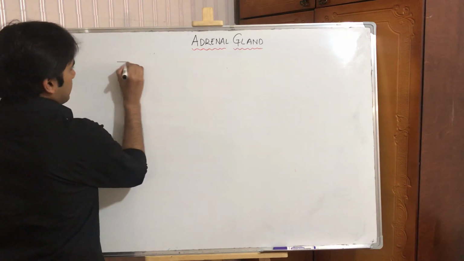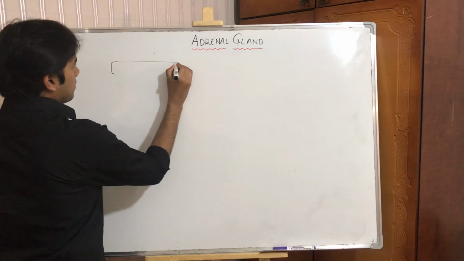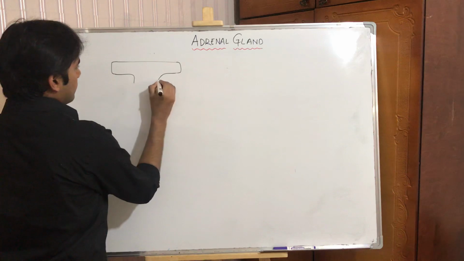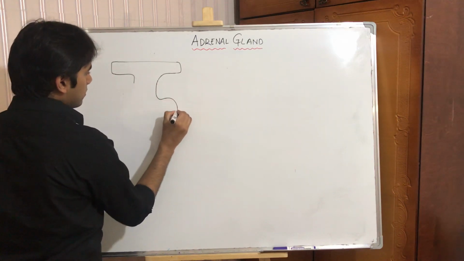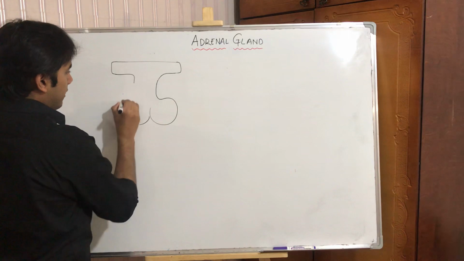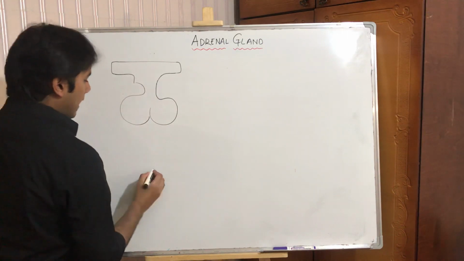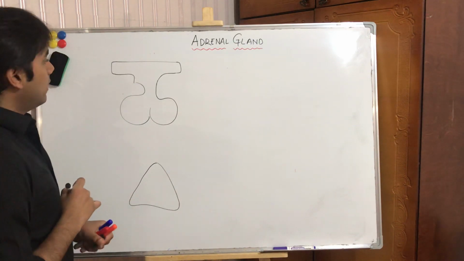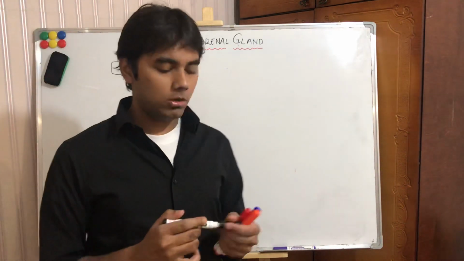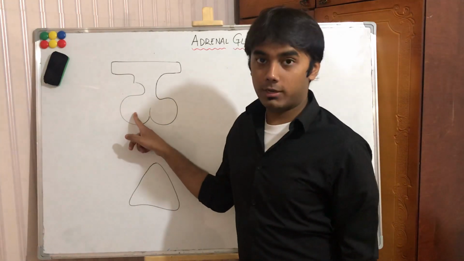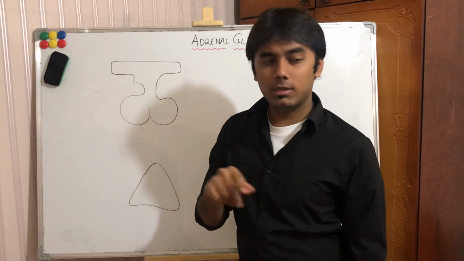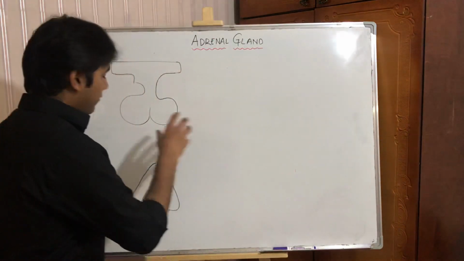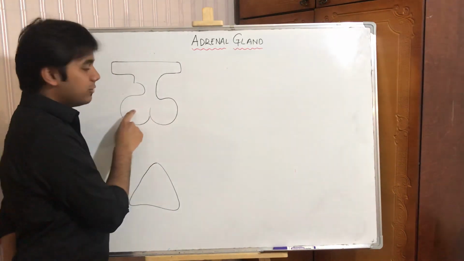So let's look at it. Let's look here. This is the hypothalamus. This is the pituitary gland, right? And this is your adrenal gland, right? I already talked about the hypothalamus and the pituitary gland in my videos, I think, so better go and check there. But for a while, very quickly, this is the anterior pituitary, this is the posterior pituitary.